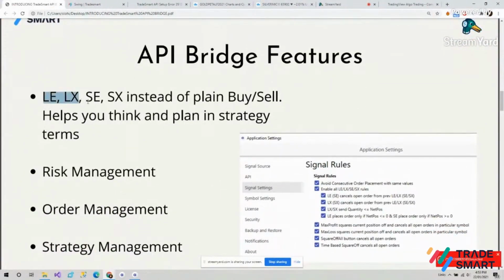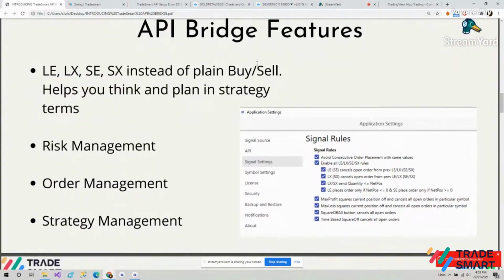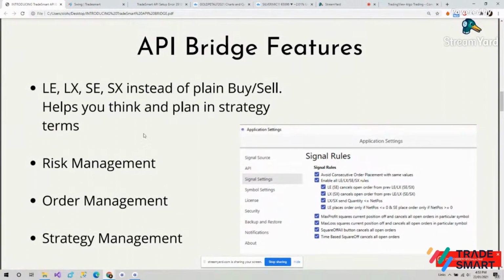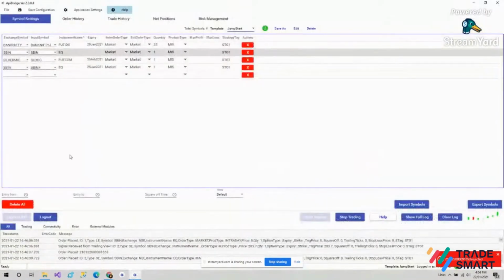So I have told you the utility of LE, LX, SE, SX buttons instead of plain buy and sell buttons. Then in API bridge, these are the order management settings. You can manage your orders from here. You can select your entry order type, your exit order type, quantity, product type.